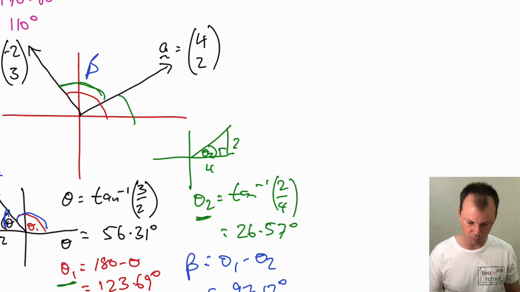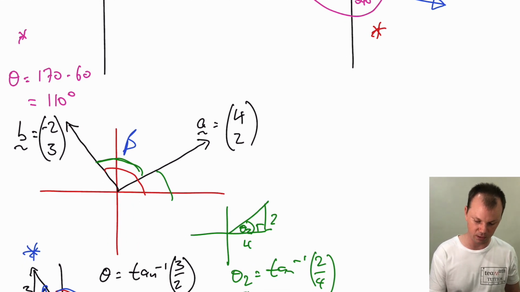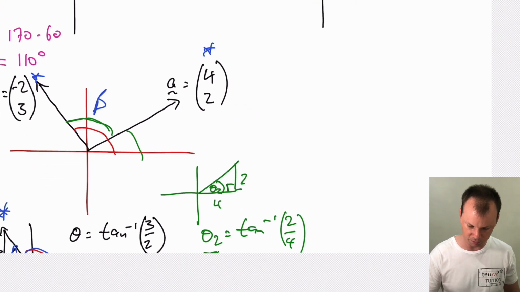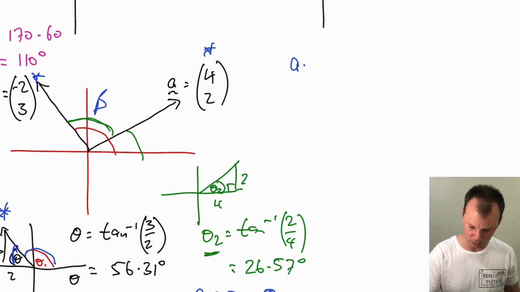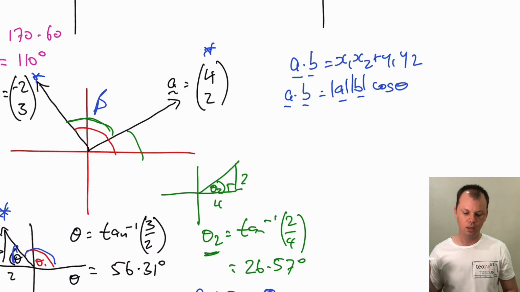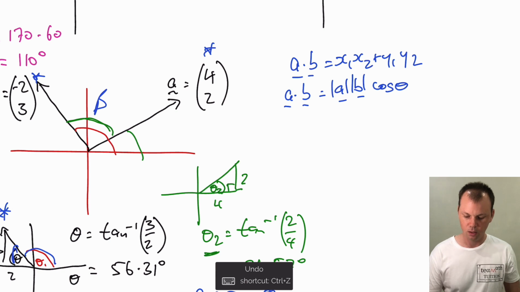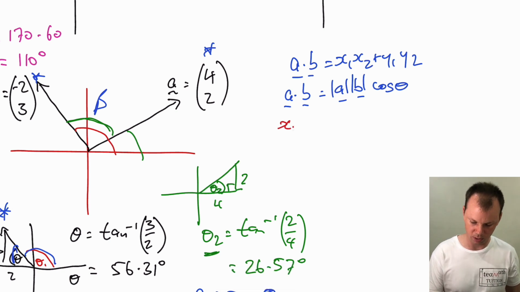So there's an alternative way that we can do this, and it has to do with the dot product, because the dot product is quite easy to calculate when we're given the vectors in component form. So let's write out our definitions for the dot product. That's one. That's the other one. So if A dot B equals this and A dot B also equals that, we can equate the right-hand side of both of those equations. So we can say